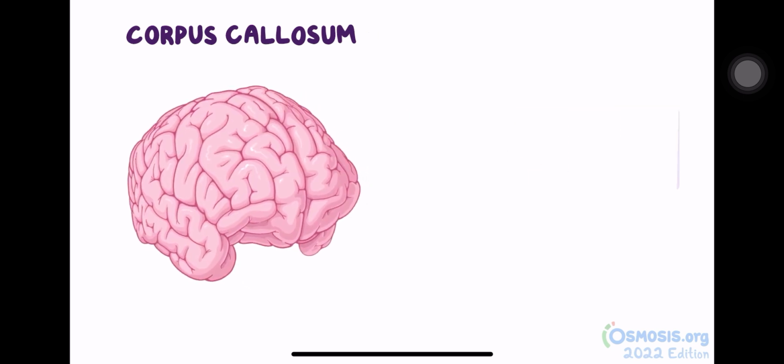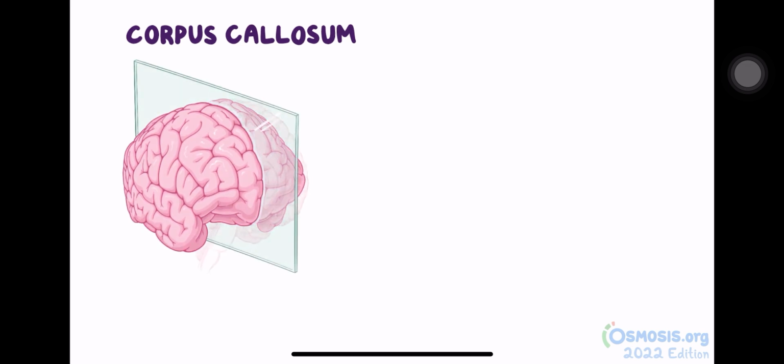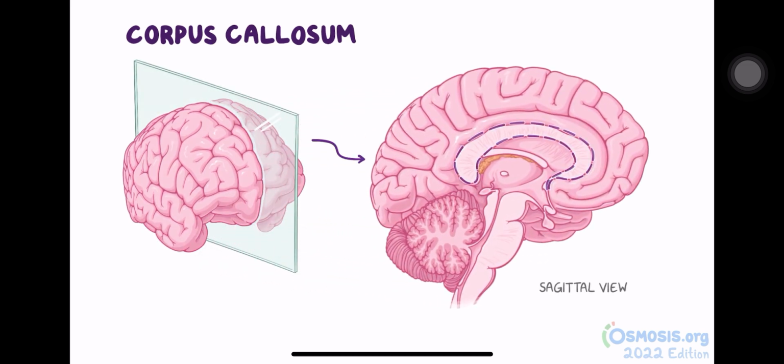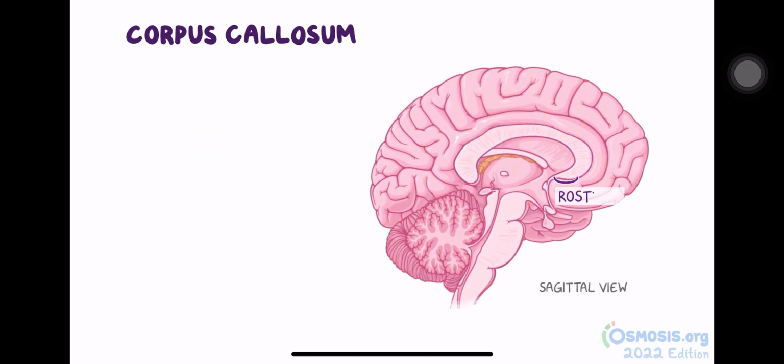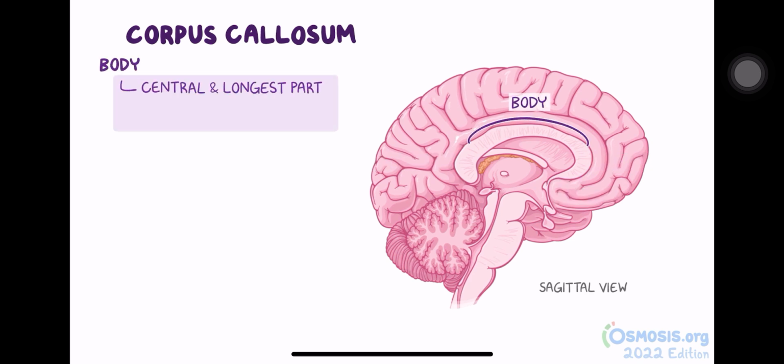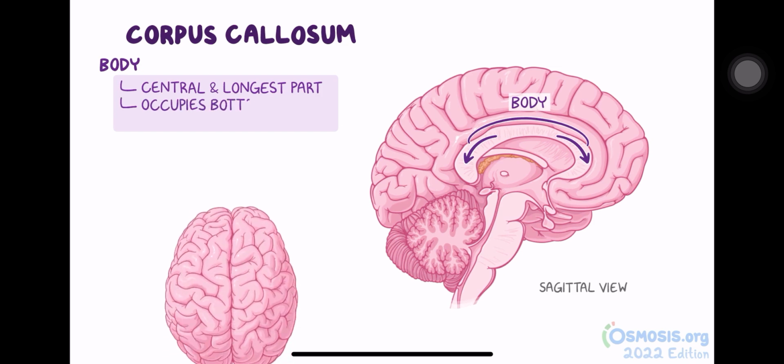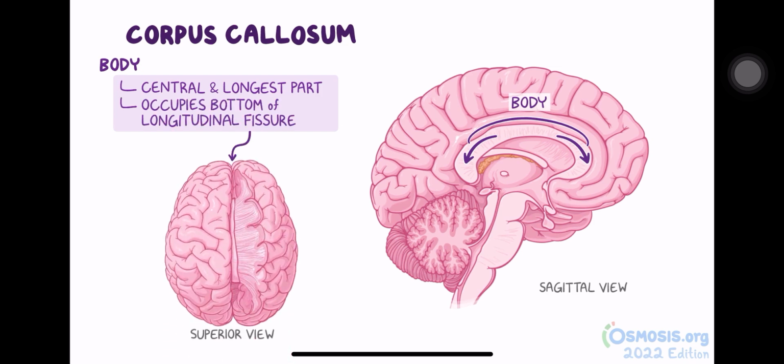If we make a mid-sagittal section through the brain, we can see that the corpus callosum has 4 parts: the rostrum, genu, body, and splenium. The body is the central and longest part of the corpus callosum and continues rostrally as the genu and caudally as the splenium. The body of the corpus callosum occupies the bottom of the longitudinal fissure and arches between its